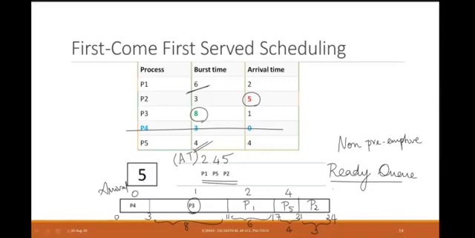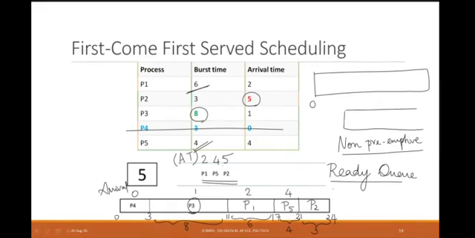So, first come first serve is a non-preemptive scheduling algorithm. So we'll just have this and we'll draw here. For those who didn't understand, just listen. So this is a Gantt chart. I'm going to start with 0. Whichever process comes first will be allocated to the processor. So let me draw one more queue. This is my ready queue.